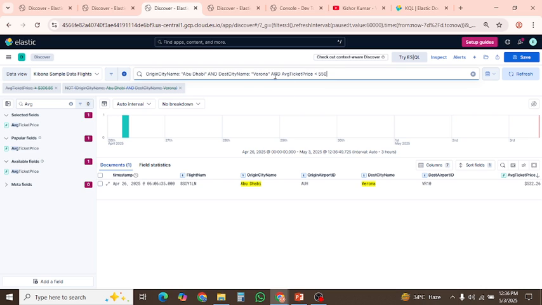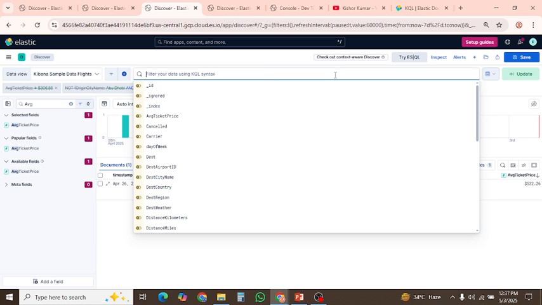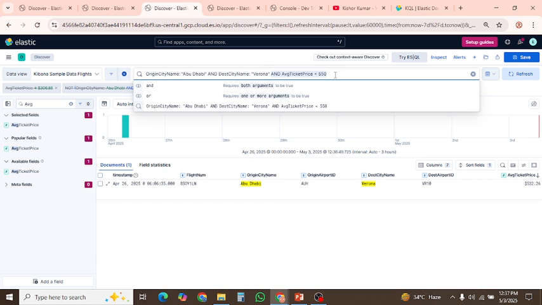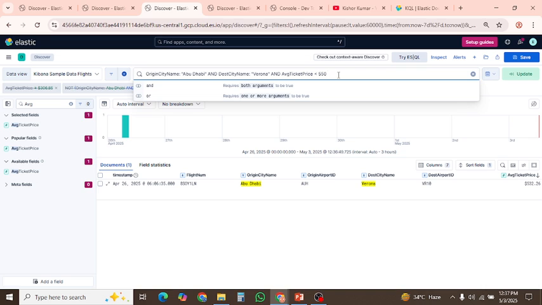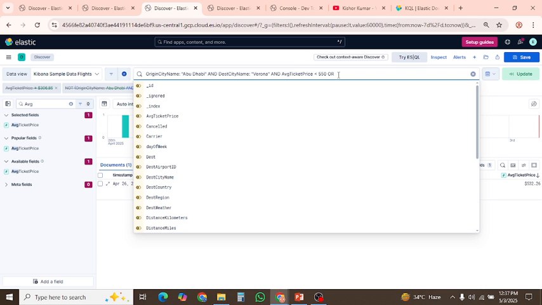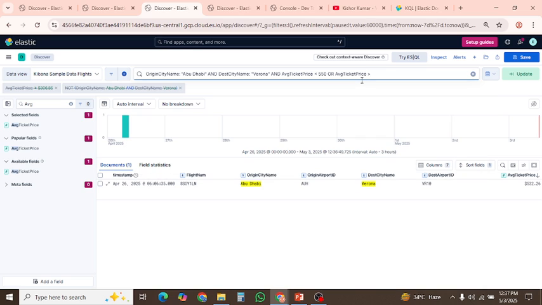Let's say I want the flights of these where the average price should be less than 550 or greater than 600. Okay, I want to see all the flights which has